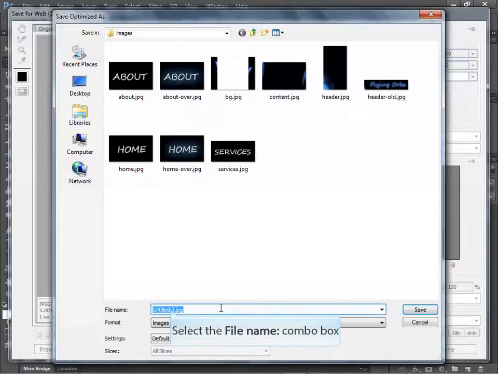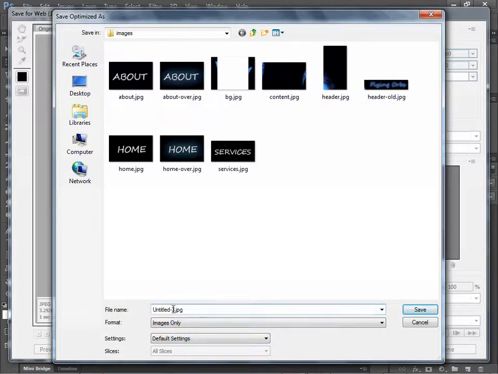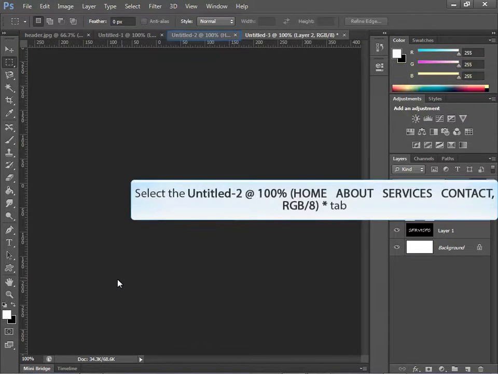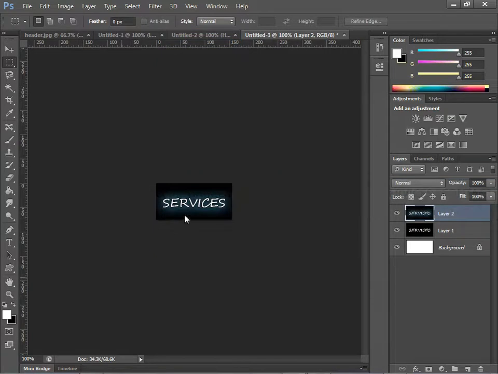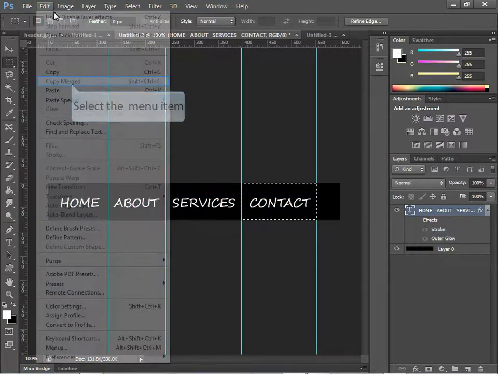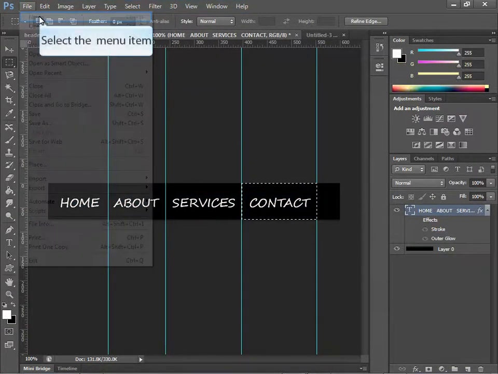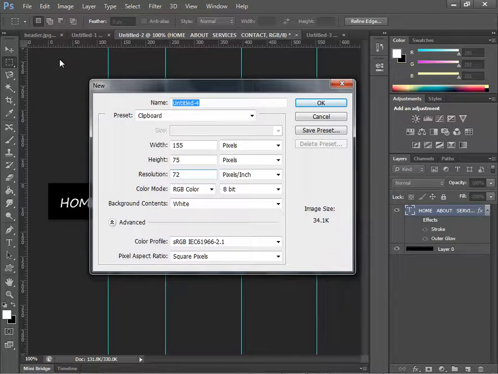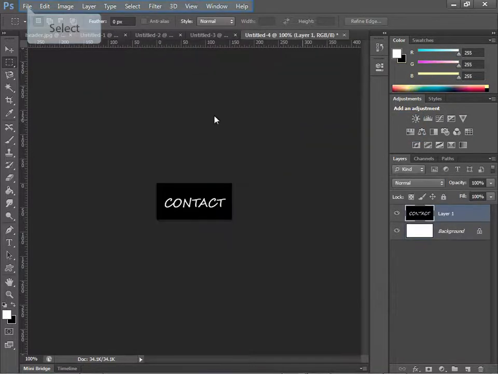And this one is services, will be services dash over. Okay, I have both of the services. And the last image is contact, and edit, copy, merged, file, new. My file new will always give me the dimensions of what I just put into my clipboard for copying images, as long as there's no transparency in the layer itself. Click OK, paste, file, save for web,